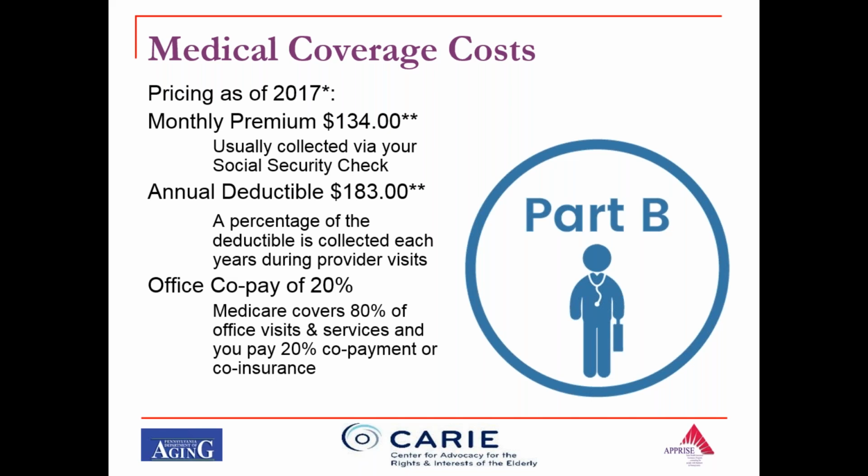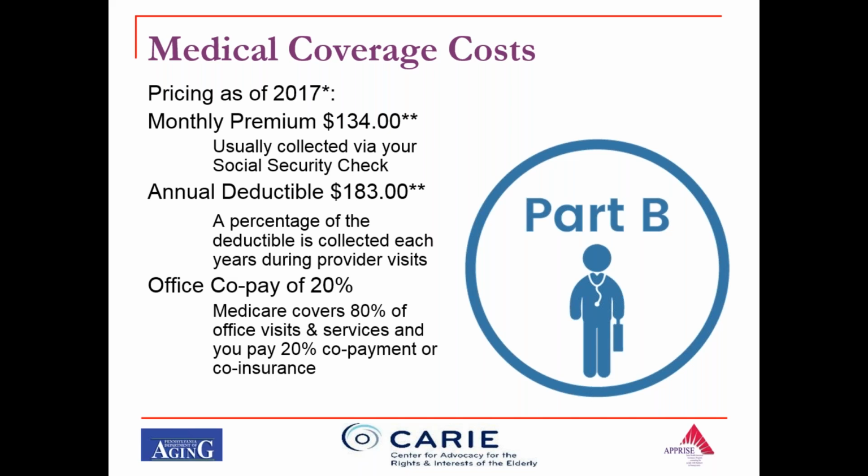As of right now, if you were new to Medicare in 2017, this is what your monthly premium would be. And this usually comes out of your Social Security income, or for those who have not started collecting Social Security but are on Medicare,